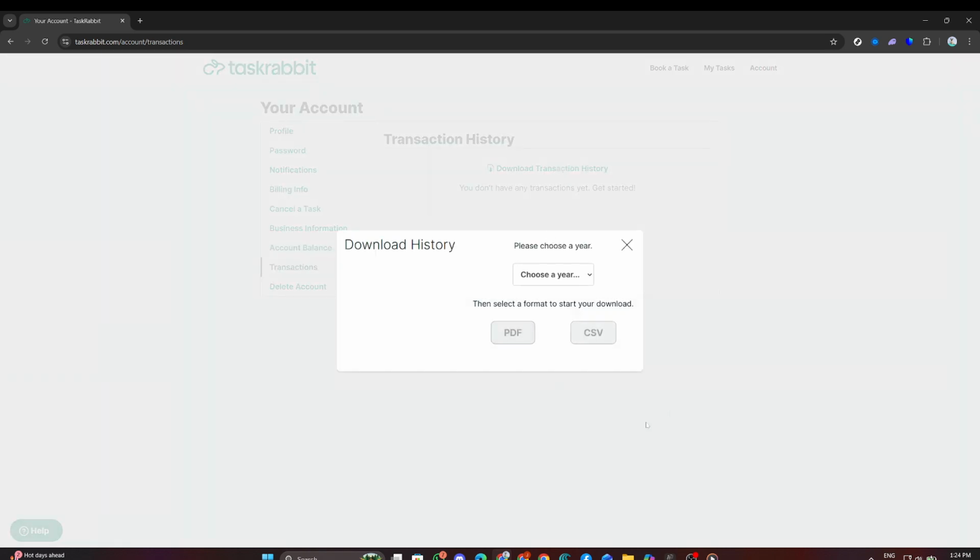Next, you will be prompted to select the year for which you wish to download your transaction history. Choose the appropriate year from the drop-down menu. Additionally, you may have the option to select the format for the download, such as PDF or CSV. Make your selections accordingly. Once you've made your year and format selections, your invoice or transaction history will begin downloading